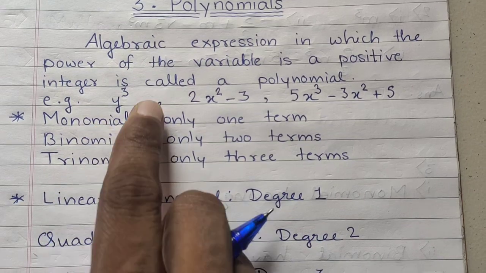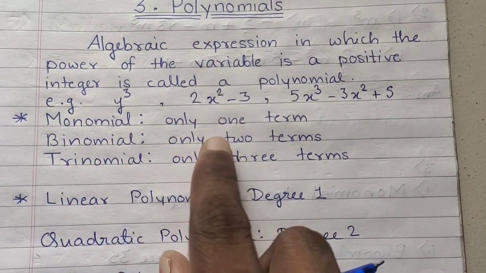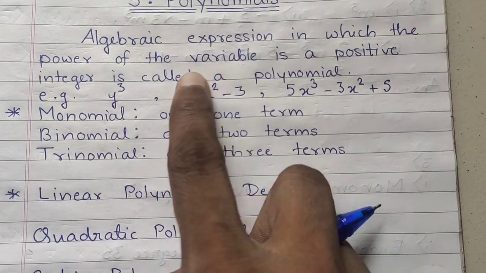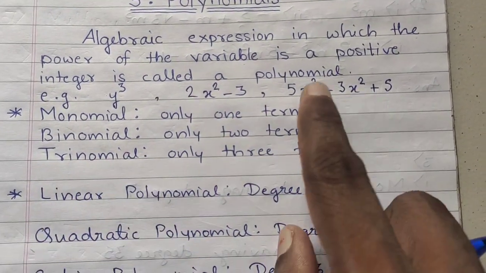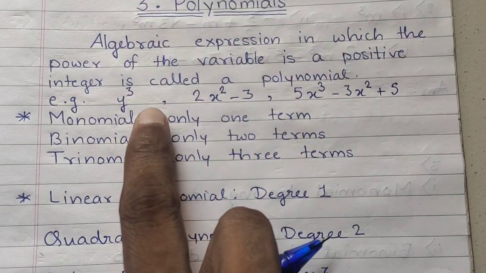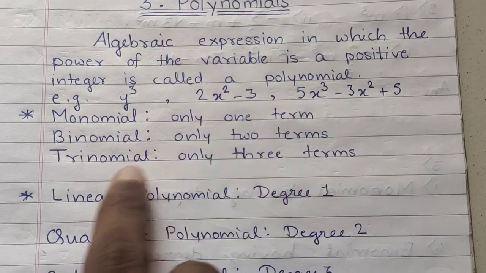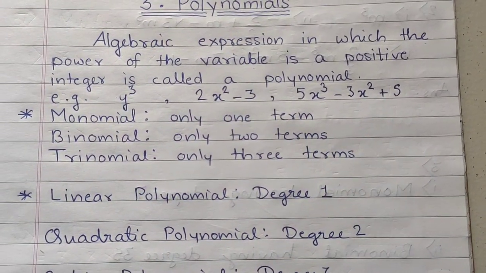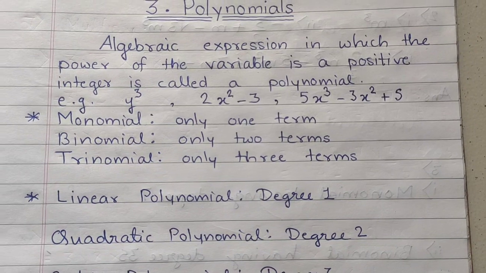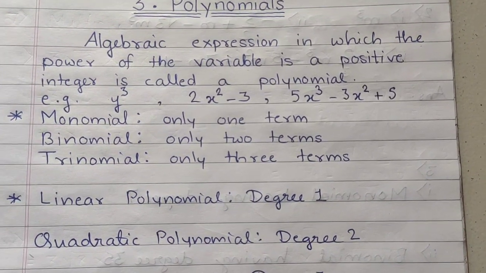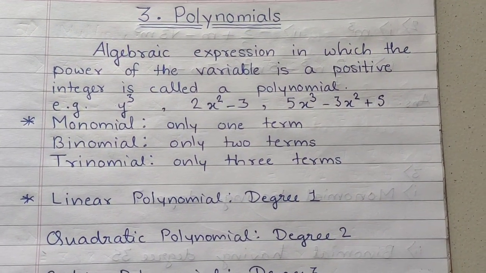Now coming to what is monomial, binomial, trinomial. Monomial means what? Single term, just like this one. So this is a monomial. Binomial means only two terms. So you can see here, the first term is 2x square and the second term is minus 3. So only two terms. What about trinomial? Three terms, 1, 2, 3. That you have already studied in the previous class. Whenever you have a single term, you call that polynomial a monomial. Whenever you see two terms, you call that polynomial a binomial, and whenever three terms are there, you call that polynomial a trinomial.